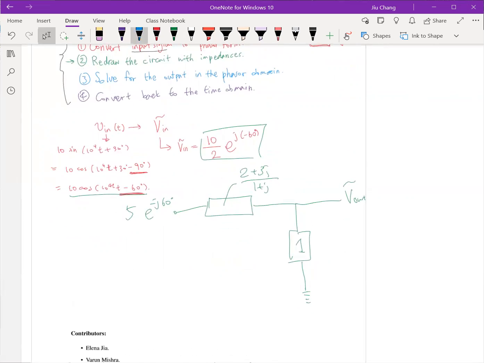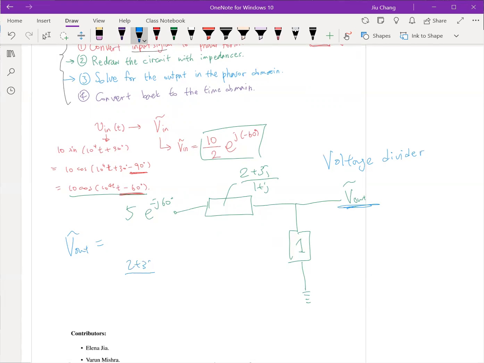I think we're now ready for step 3. That's solving for the output here in the phasor domain. Well, we already know that this is a voltage divider. So by this point, you should know that noticing a form of voltage divider is very important in phasor analysis. So for this one, we have V out phasor is equal to the two impedances,